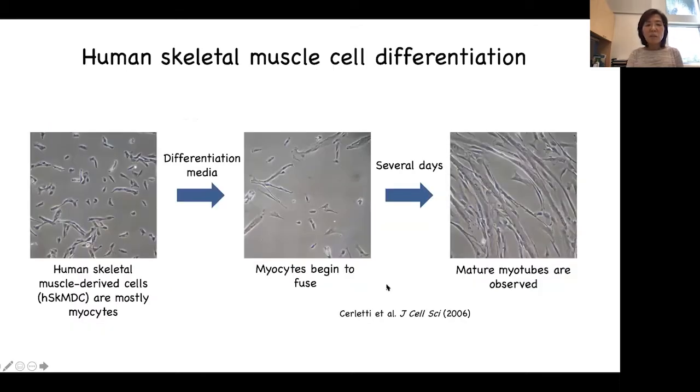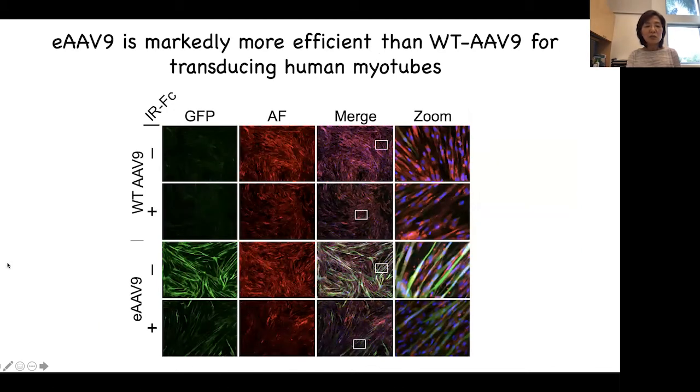So next, we wanted to see this effect in human skeletal muscle cell. So we purchased the human myocytes looking like that and put it in differentiation media. After several days, these cells fused to form myotubes like this. So Cody used these myotubes to do a transduction efficiency assay